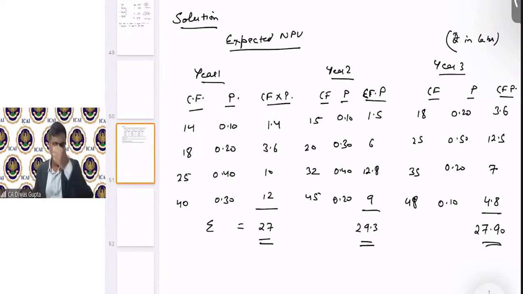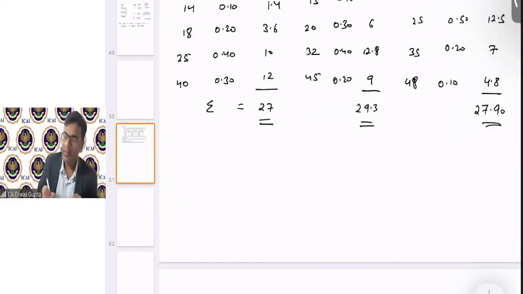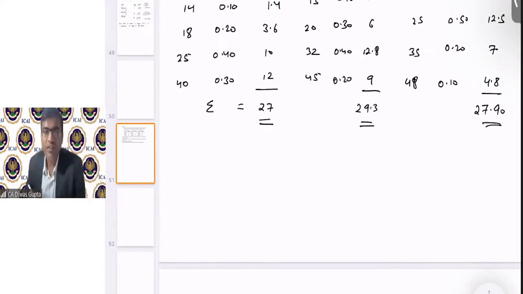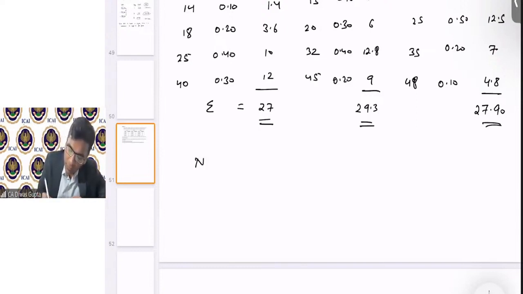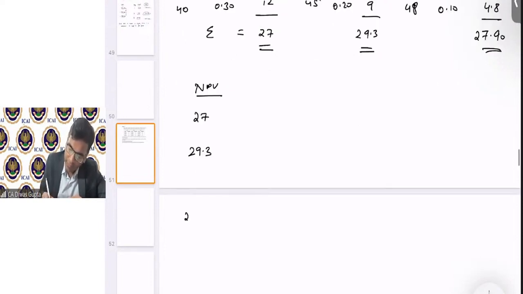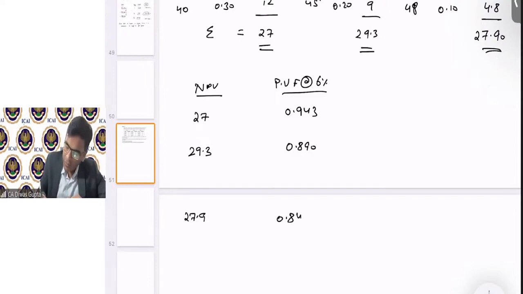Now, the expected cash flow for the respective years we have calculated, correct? Now from this expected cash inflow, we have to arrive at NPV. So the expected cash flows are 27, 29.3, and 27.9. The present value factor at the rate of 6% is 0.943, 0.890, and lastly 0.840. The total present value will be 27 multiplied by 0.943, which is